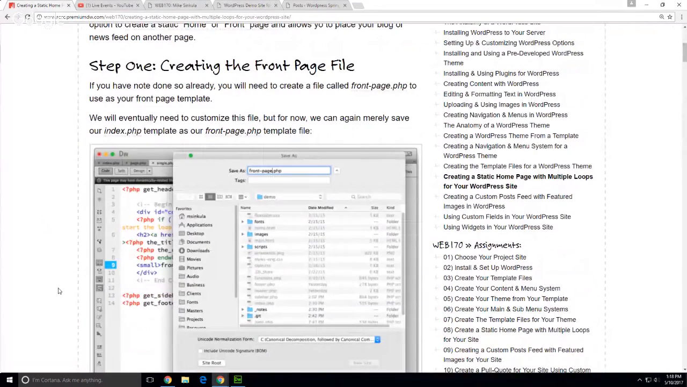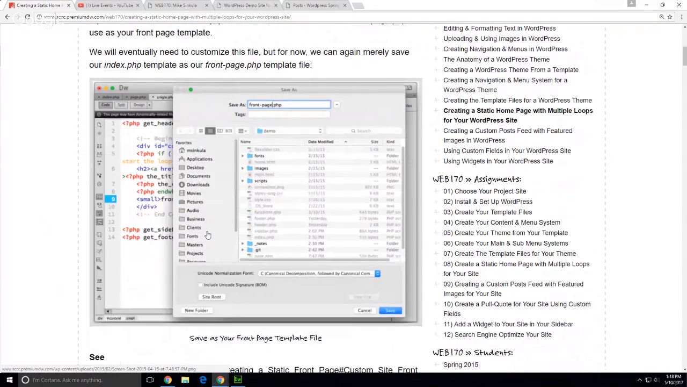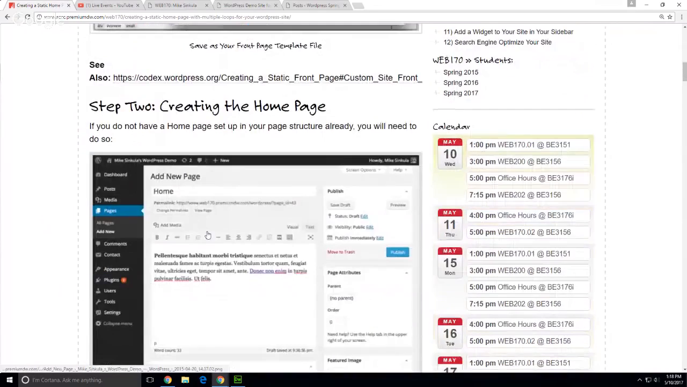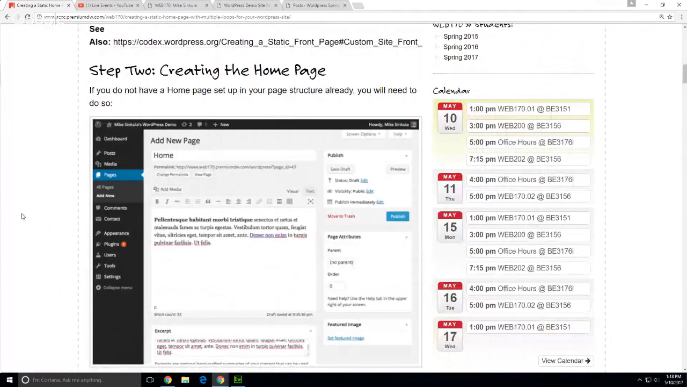So if you have not created the front-page file just yet, how many of you have already created the front-page file? Okay, and how many of you have set your front page to be the static home page? Okay, great. So you guys have already done that. So again, if you have not created a home page just yet,